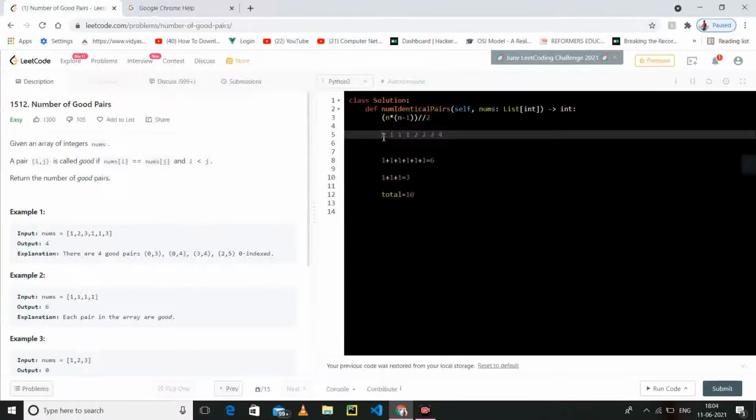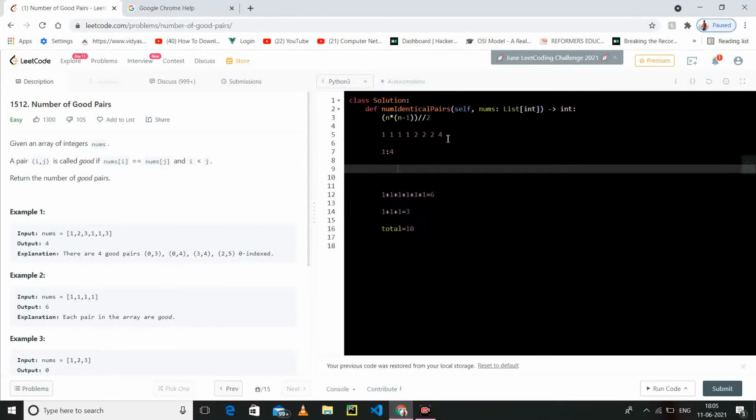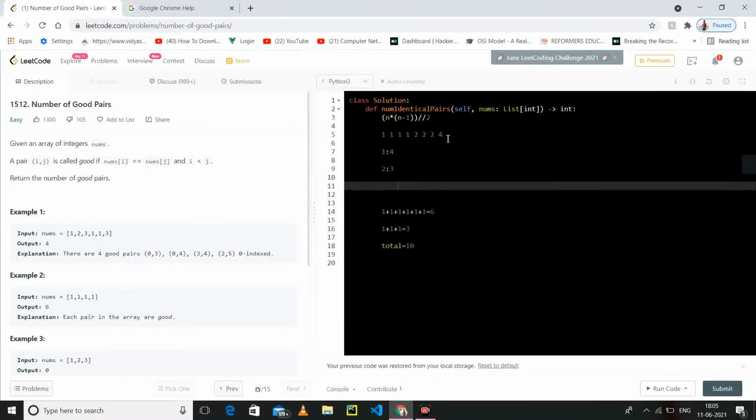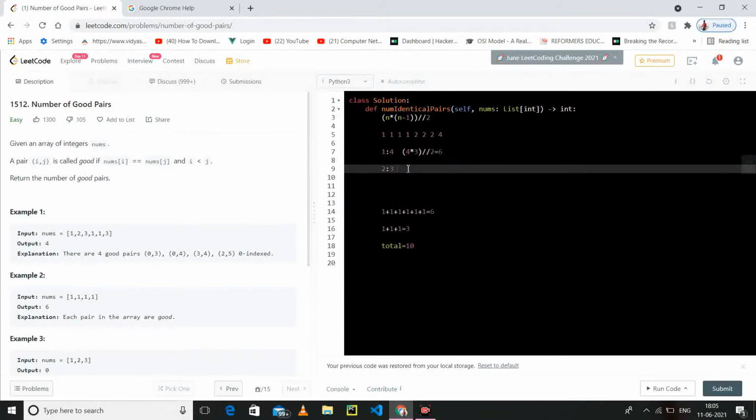Assume that we already know that 4 is the count of 1. We have a key 1 and the count is 4. Second, we have a 2, the count is 3. Let's apply the formula here. 4 into 3, because it is n times (n minus 1) upon 2, then it becomes 6. 2 2 is 4, 2 3 is 6, and it is 6.